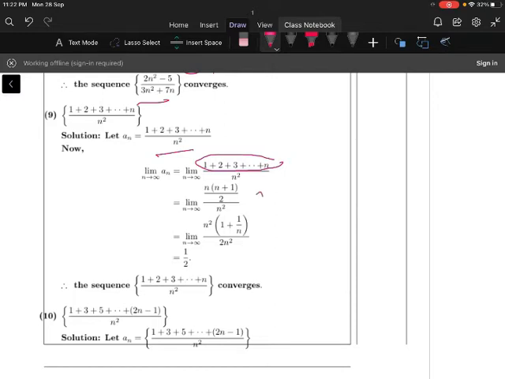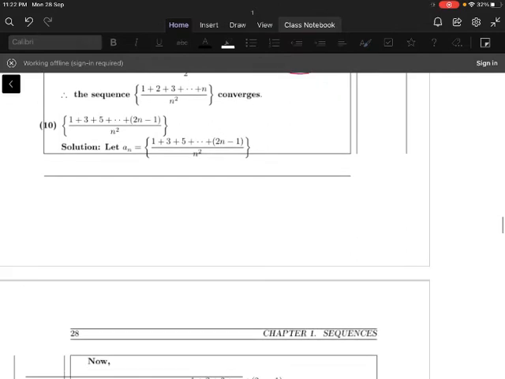Now let us apply the limit as n tends to infinity. So this becomes infinity by infinity form. Now we take n² outside in the numerator, (1 + 1/n)/2n². n² gets cancelled. Now let us apply the limits, 1 by 2. So the given sequence is a convergent sequence. Therefore the limit point is 1/2.